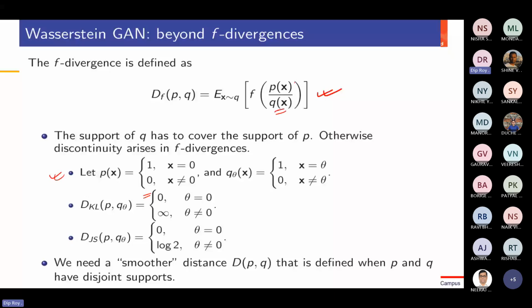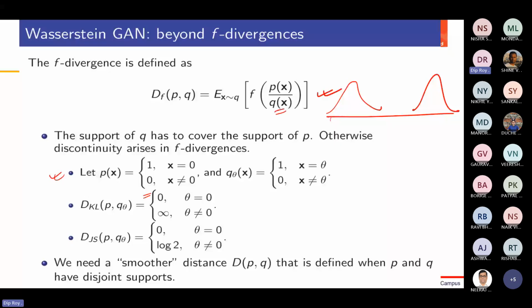All right. And even though this is a very simple toy example, this is a classic case of disjointed support between the data distribution and the model distribution. And it happens especially in the early training when both the distributions are totally different. So it may happen that you have one distribution like this and the other distribution like this. So there is the disjointed support here. Okay.